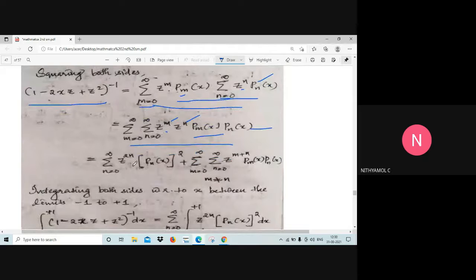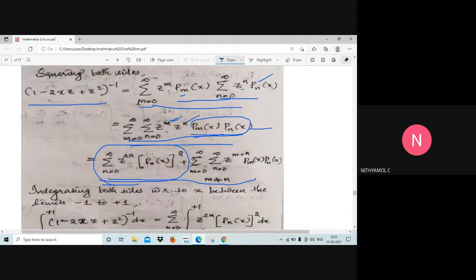Okay. Now, I write this term in two ways. The first one is for m equal to n. For m equal to n, we can use only one summation, m or n. Okay, I used n here. So n equal to 0 to infinity z raised to 2n. Here m, if m is equal to n, then here n, here n, then n plus n is 2n.